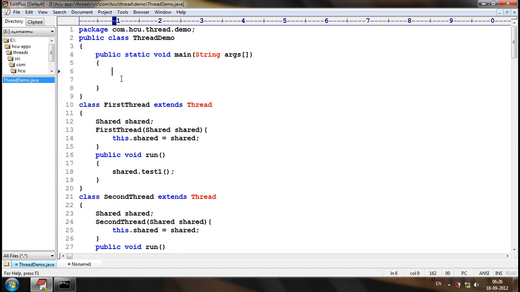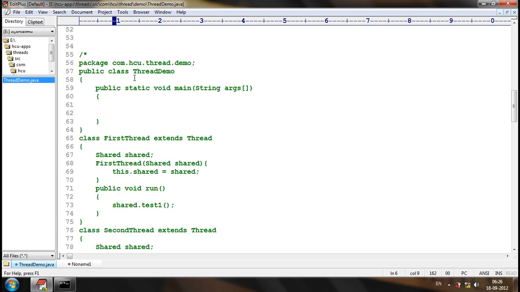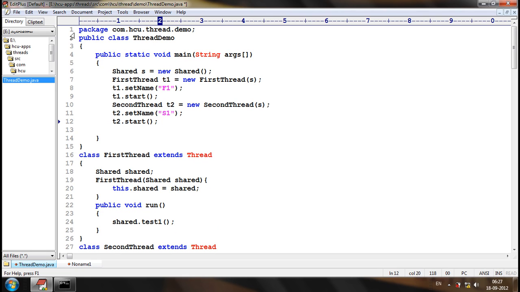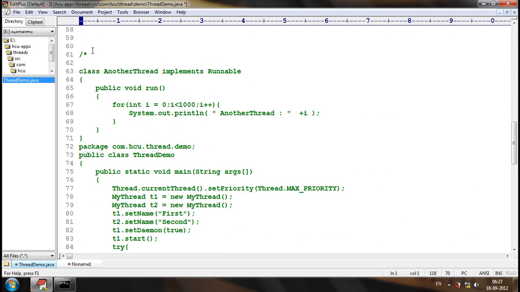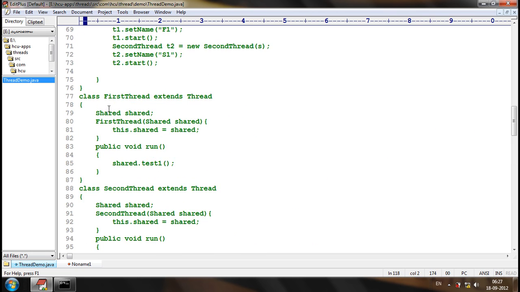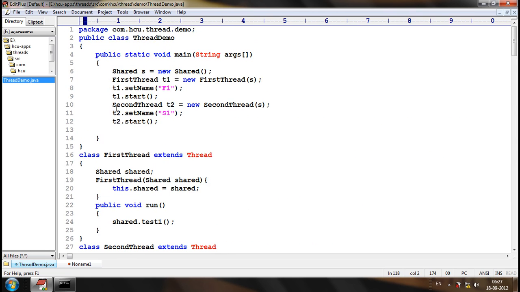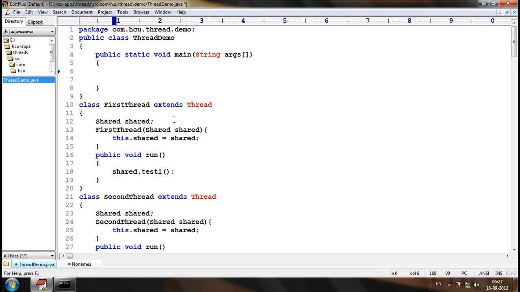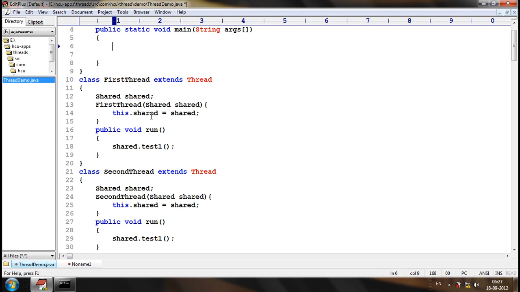Now I have removed all the stuff. Okay, now let's consider that